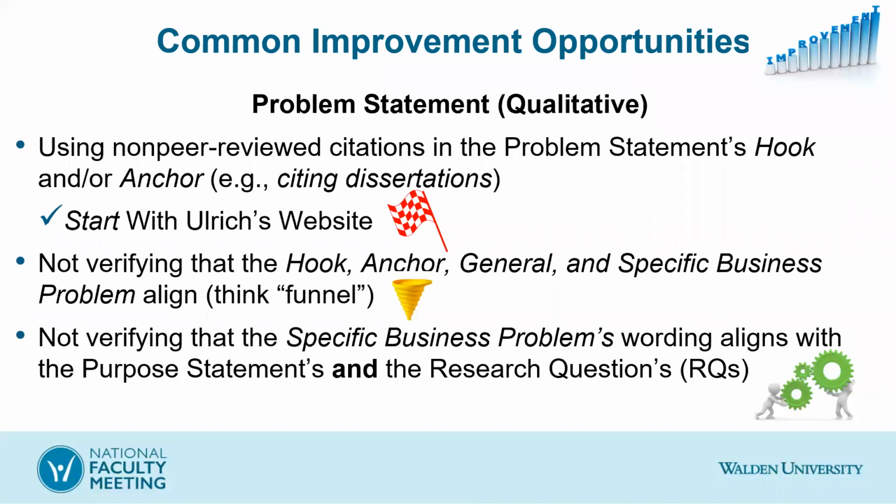And then the intensity or the importance of that problem is reflected in the anchor that stems from the hook. And then the general business problem states across multiple organizations, this has been found an important gap that has to be addressed by this specific business problem that